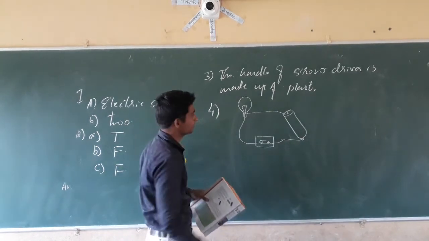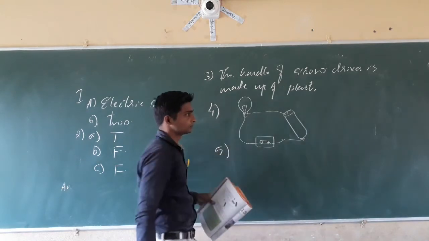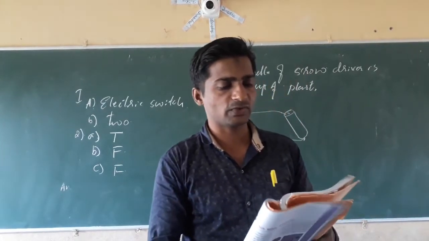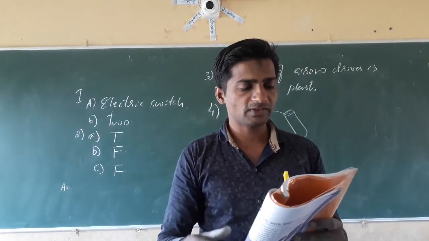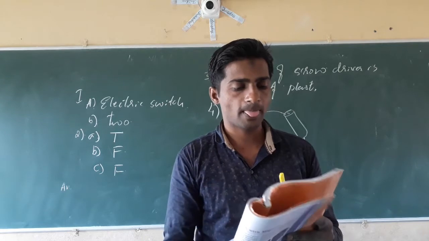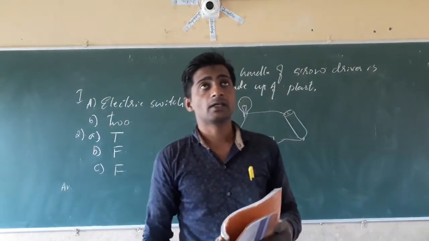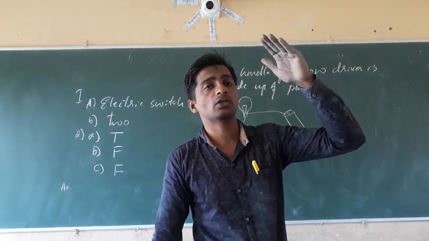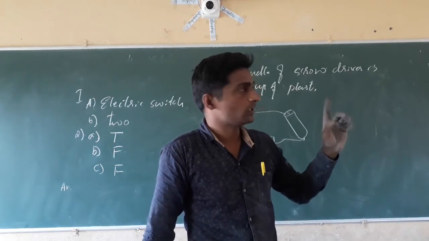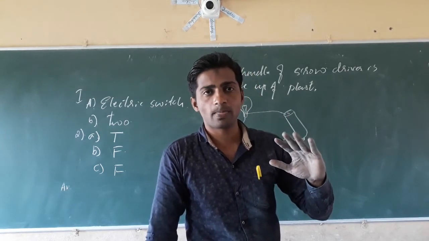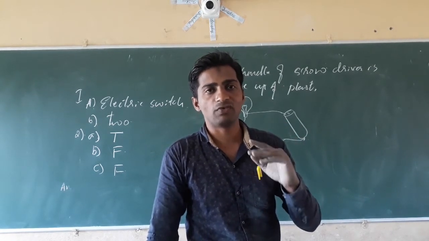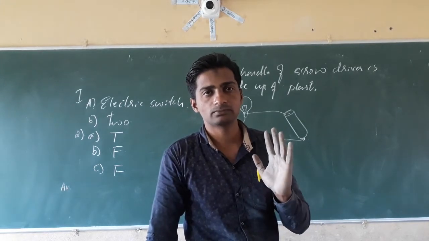Next, come to the fifth question. What is the purpose of using an electric switch? Name some electric gadgets that have the switch built into them. See, why is it necessary? To break the electric circuit, we need the electric switch. Why? During the off time of the bulb, or to cut out the supply of electricity, we need an electric switch.